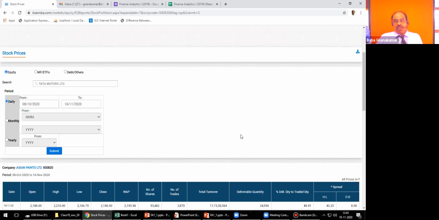Yesterday he might have withdrawn, which means not only the increase in the price, but also he might have received the dividend from Tata Motors. So that you have to consider. Okay, so be clear with that one. So that is why daily, monthly, and yearly.